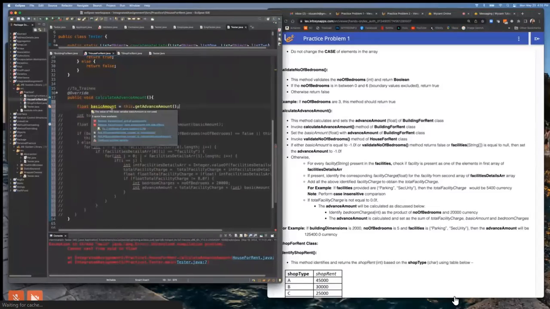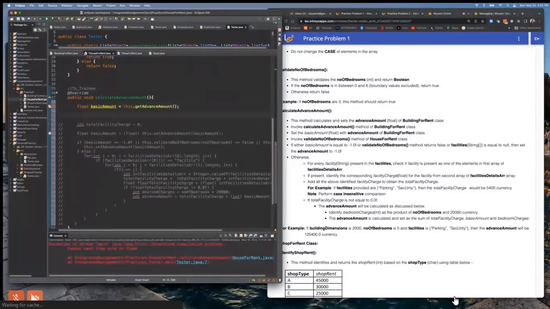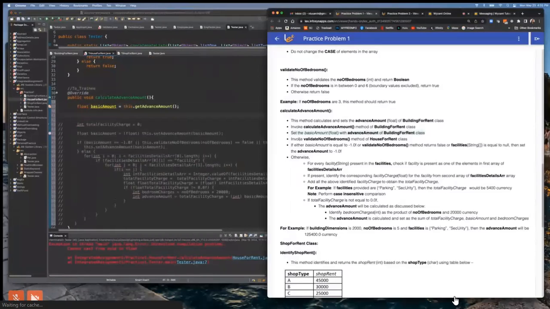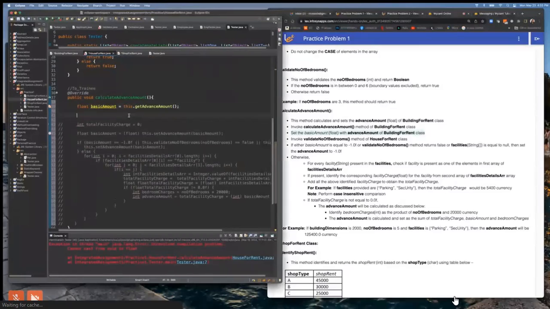And then I think this is just saying I haven't used it yet. Yeah, so that's the issue, because it's going to give you a null value. Advanced amount does not inherently start off with the value